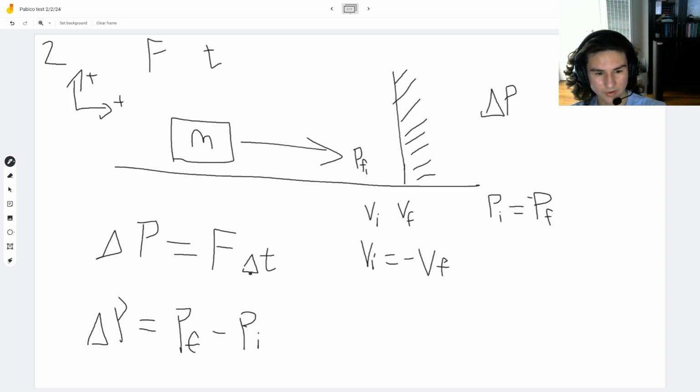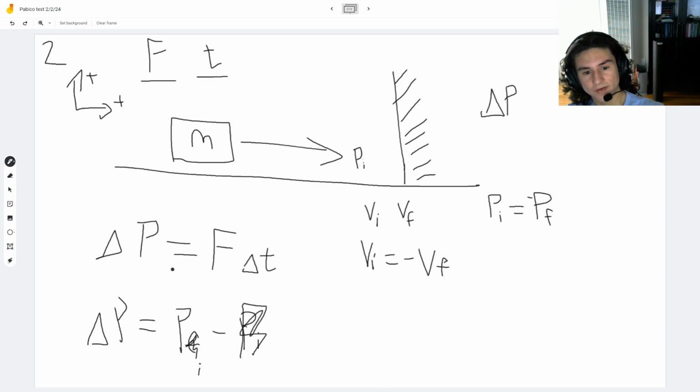To find this, all we have to do is say F delta T, and we are given F and T. The change in time is just going to be the time it's specified, unless it's like 20 seconds to 30 seconds. You kind of get the point. Also, I realize that labeling this as P final one is kind of confusing. I'll just label it as P initial, but this is not the same P initial as this one. It's basically this one. This is really confusing, but all we need to know is that the box starts with P initial of F delta T,